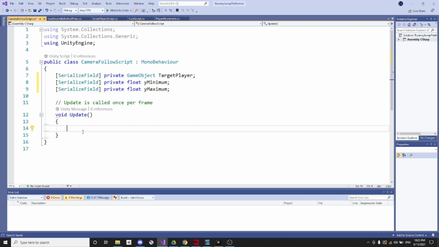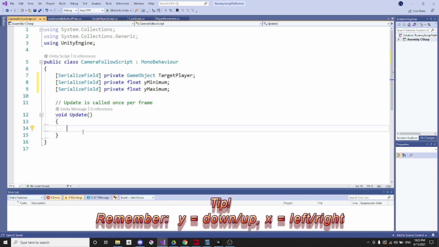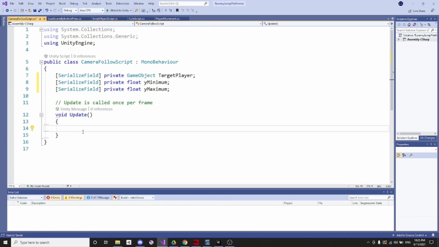So now, when we go into here, we need to have two conditions. We need one condition that says if it's within the follow distance, follow the y and the x. Go up and down and left and right. And if it's outside the y distance, then we only want it to follow the left and the right. We don't want it to continue going up or continue going down. So I'm going to say, let's see, I'm going to say move y camera,